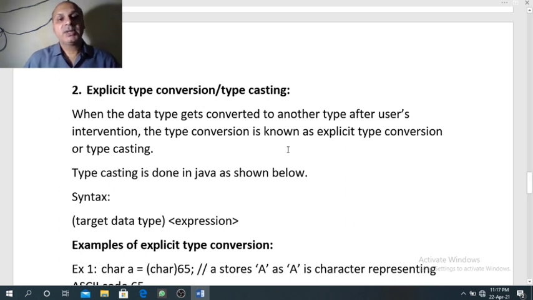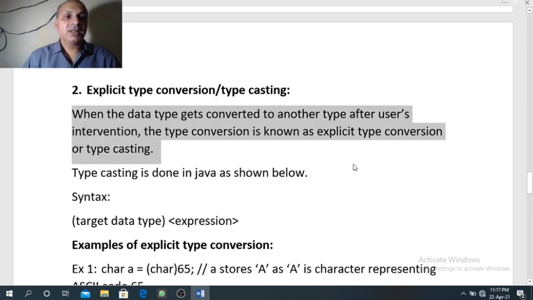It means whatever may be the result in any type, we have the capability to change the result in any other type. So when the data type gets converted to another type after user's intervention or after user's choice, this type conversion is known as explicit type conversion or type casting.